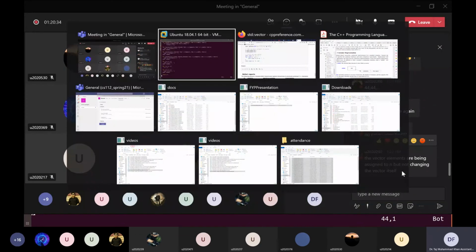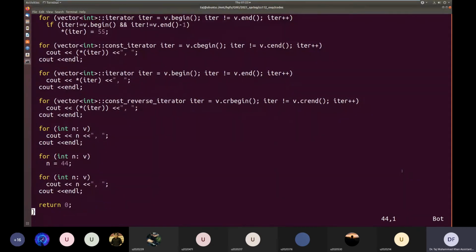Okay, so this means this n is a copy of each element. Okay, so every n is a separate variable, it's a copy, and every time the value of each element of vector v is copied into n. Okay, so when we change n inside the body, we are changing the copy n, which is a separate variable, not the element of the vector.